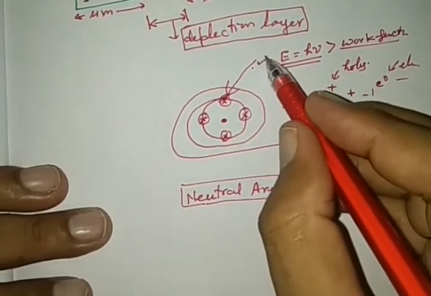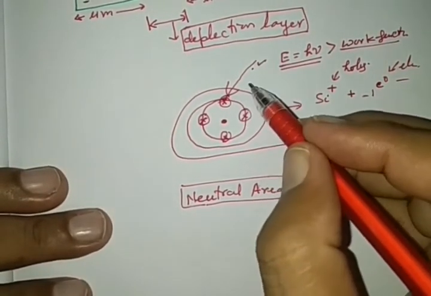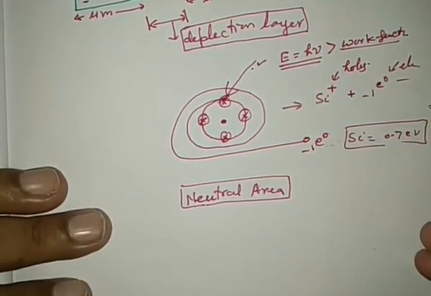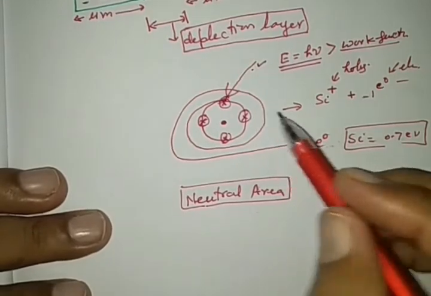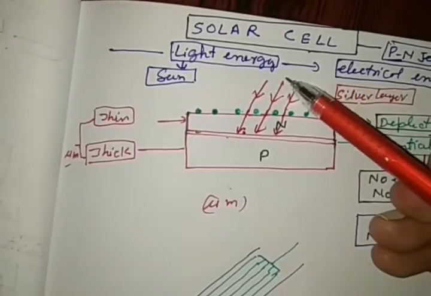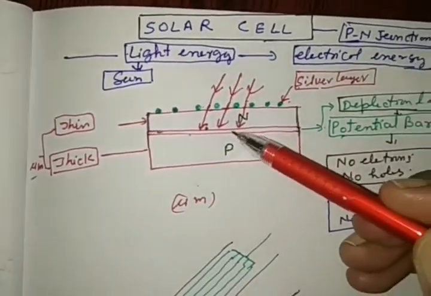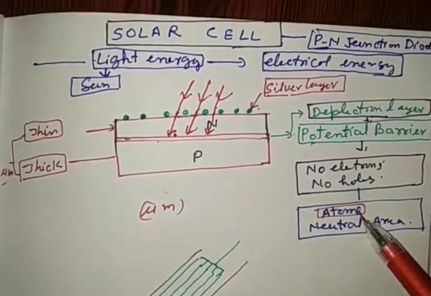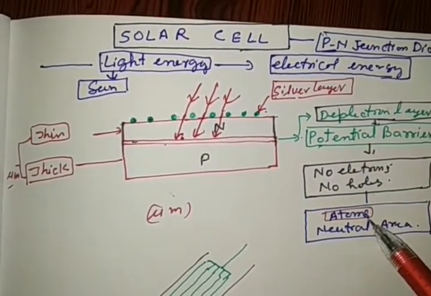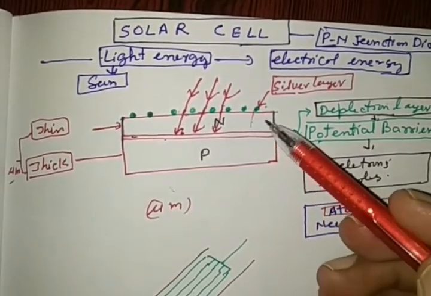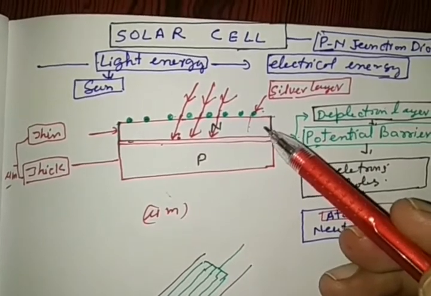So when light energy falls on a silicon atom, after penetrating the upper surface, which is the negative surface, n-type, it reaches where? See in this. Sun rays fall here, reach the depletion layer, reach a neutral area and strike an atom, after penetrating the n-type region, which is a very thin layer of a few micrometers.